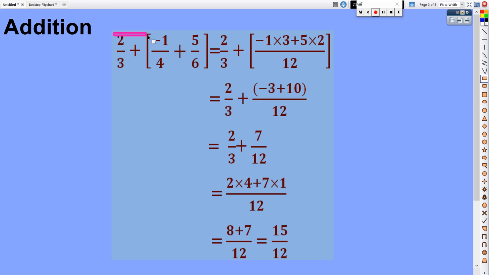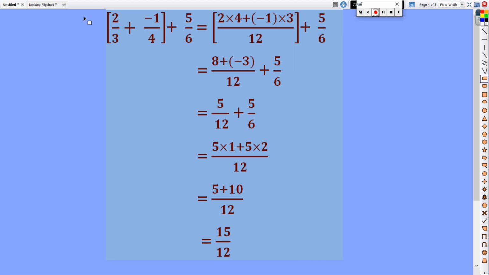Here when we add 2 by 3 plus negative 1 by 4 plus 5 by 6, you are getting the answer 15 by 12. Again here also you are getting the answer 15 by 12. That means in both cases the answer is equal. So we can write